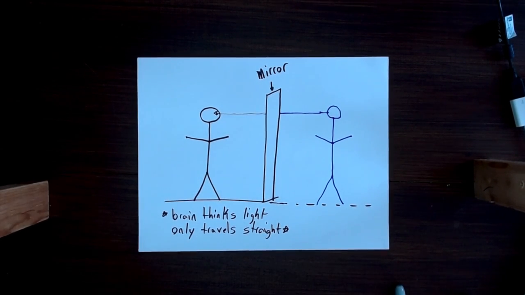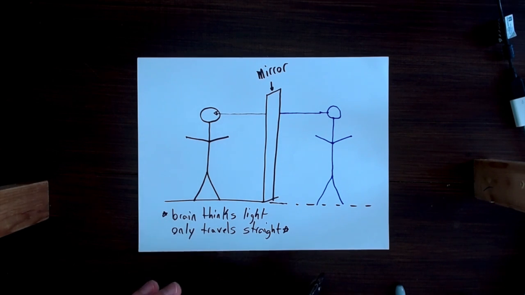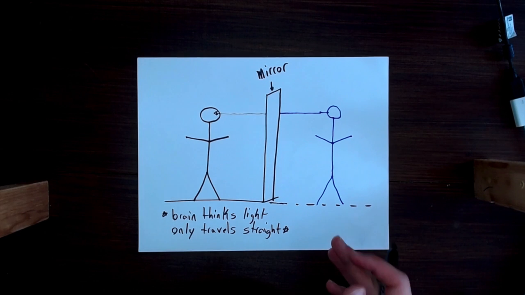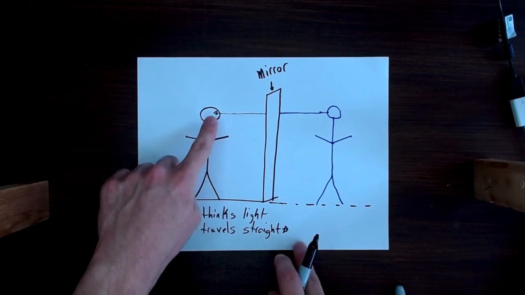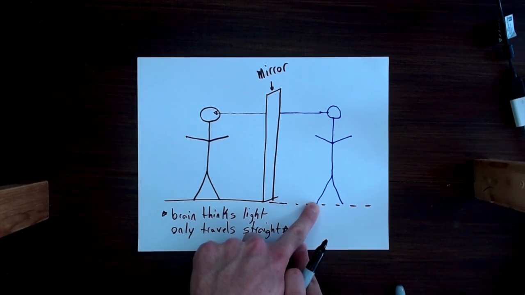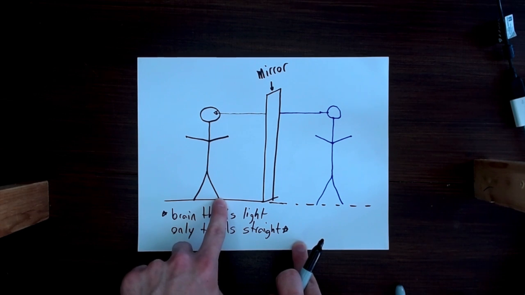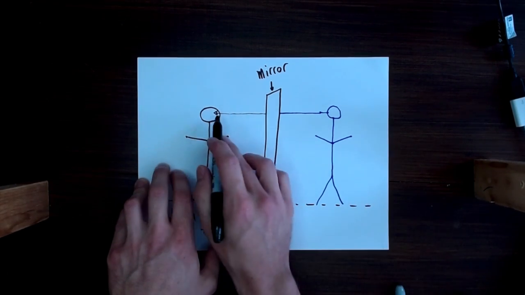Okay, our brain thinks that the light will only end up traveling straight. But that's not true. Reflection says that that's not true, because reflection is the change in direction of the wave, in this case, the light wave. So then our brain, when it sees our foot over here, is actually seeing the foot over here, right? But because our brain thinks that it's coming from this position here, it thinks that the light is coming from,